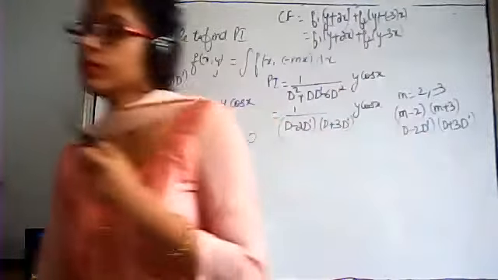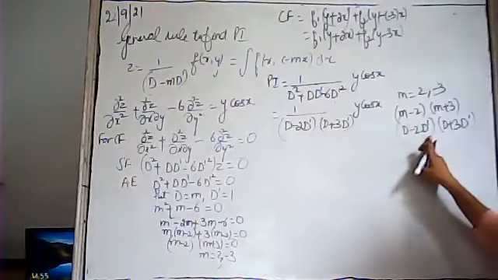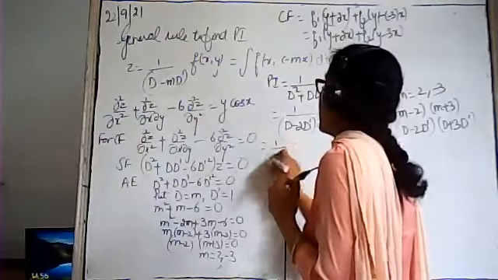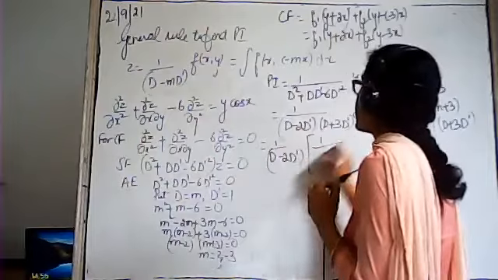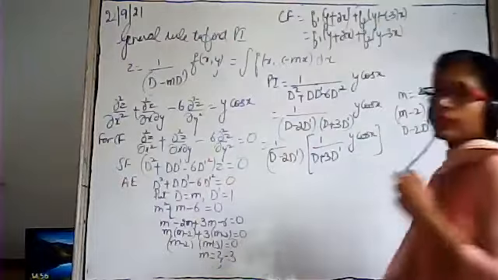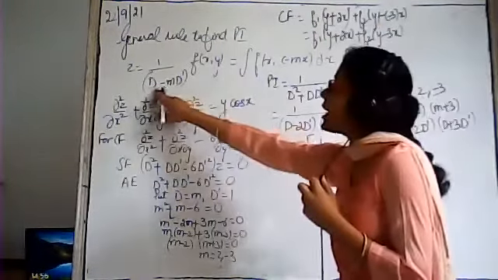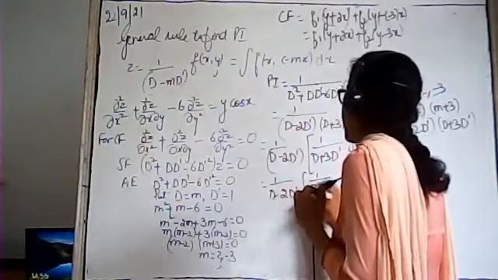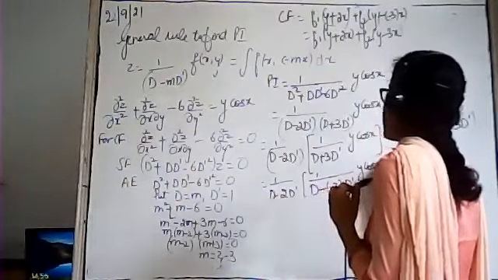देखो ये स्टेप क्लियर है. This can be written as (d minus 2d dash) into (d plus 3d dash). First of all, let this term, d minus 2d dash, be as it is. Take this term, d plus 3d dash, into y cos x. ठीक है? First of all, take one root. We have to make the form d minus m d dash. So this term can be written as d minus (minus 3) d dash into y cos x.